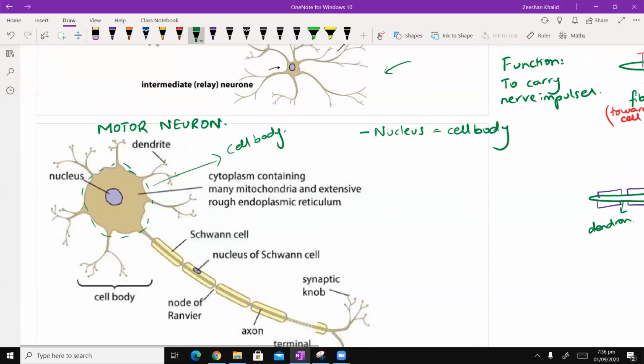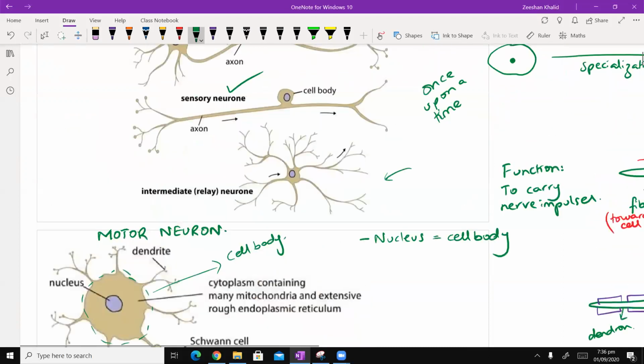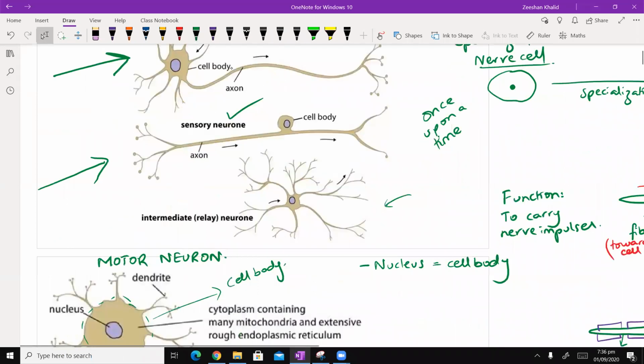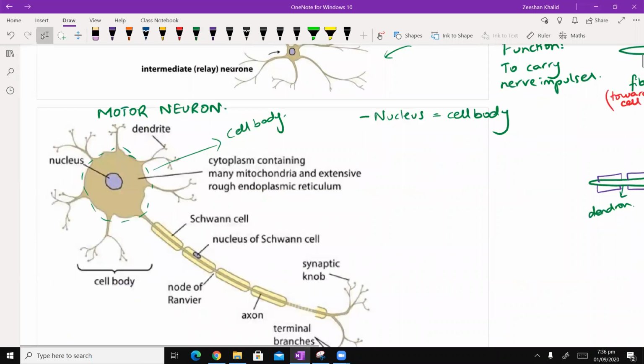Of course, both of these structures need to be understood in comparison. I mean, look at this diagram. Here you can clearly see the motor neuron. And here you can clearly see the sensory neuron. I want you to compare the positioning of the cell bodies, okay? In the motor neuron, if you look at the cell body, and therefore the nucleus, you can clearly see that for the motor neuron, the nucleus, is it somewhere in the center? Ya phir, do you think it is somewhere on one side?